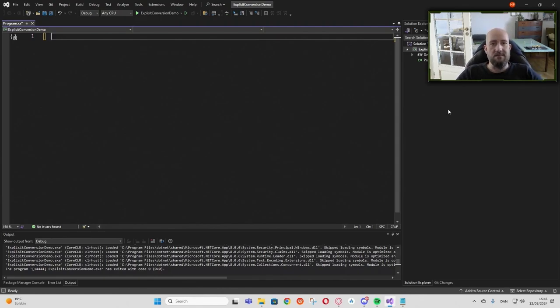Let's start with a common scenario where explicit conversion is needed: converting a double to an int. A double can hold decimal values, while an int can only hold whole numbers. Converting directly from double to int would drop the decimal part, and that's why we need to be explicit about it. For example,